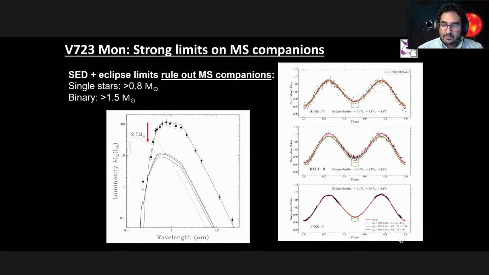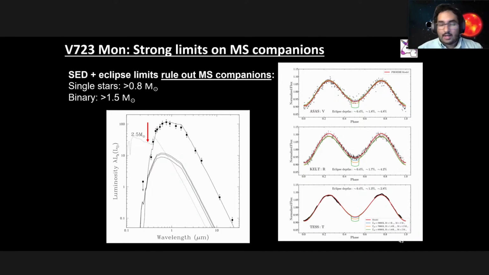For this system, we expect to see eclipses of a luminous companion for orbital inclinations larger than about 76 degrees. However, we do not see any eclipses in our multi-band light curves. The figure on the right shows Phoebe models with main sequence companions at various temperatures. If such a companion existed, we should have seen eclipses in the data, as you can see here in this